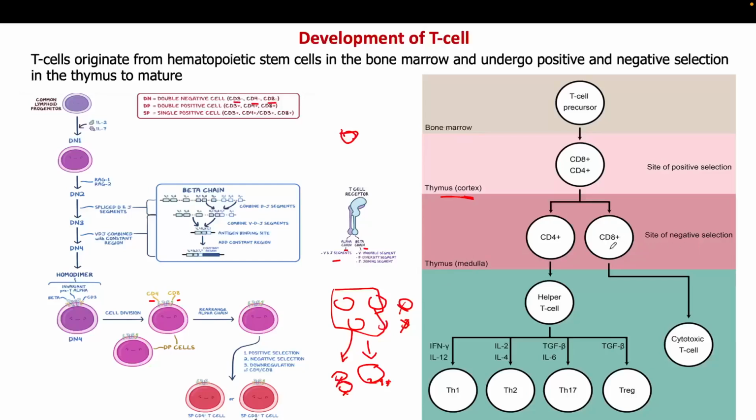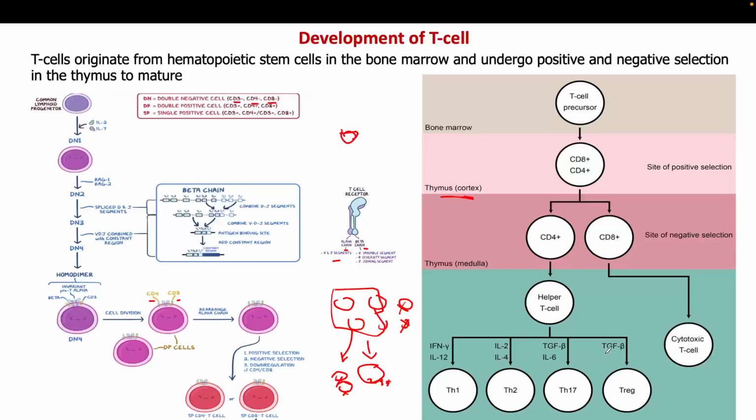In negative selection, the positive T cell which is able to bind with the MHC molecule is now checked to make sure it is not showing higher affinity for the self antigen. If it is showing higher affinity for the self antigen, then it will go for apoptosis, and the rest, which are not showing higher affinity for the self antigen, will migrate to the secondary lymphoid organ or the lymph node, where